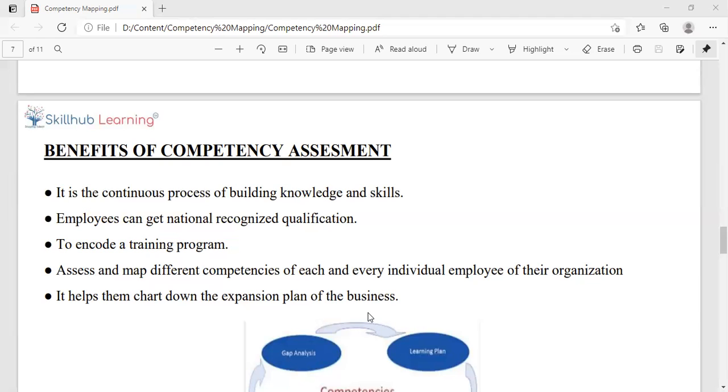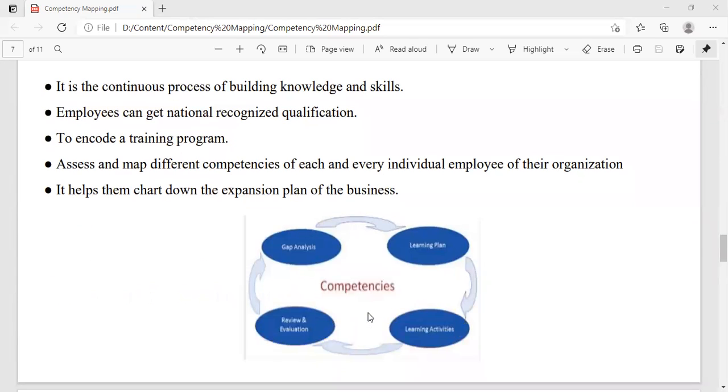So instead of going out and hiring someone from outside, you can take them from there, no? That's how it helps, an internal candidate. So that's how these competency frameworks or assessments help you.